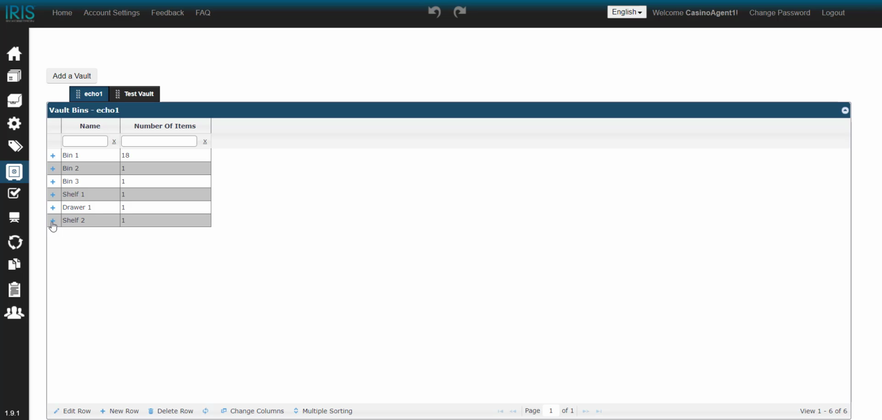So when you're ready to install something from the vault to a machine, you can do that through a change request, and you can see how to do that looking at our configuration change request